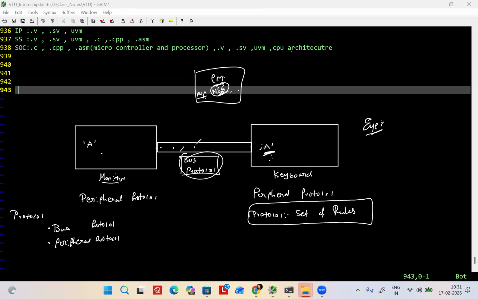I want to send it very quickly or very slowly. How will you control that via the wire only? Can you control the speed only via the wire? No. There is again a rule defined, called bus protocol. Clear? Protocol means set of rules. Majorly, you have two types of protocol. This is the source, this may be your destination. Source and destination are peripherals. And the one which carries is called the bus. So one is bus protocol, one is peripheral.